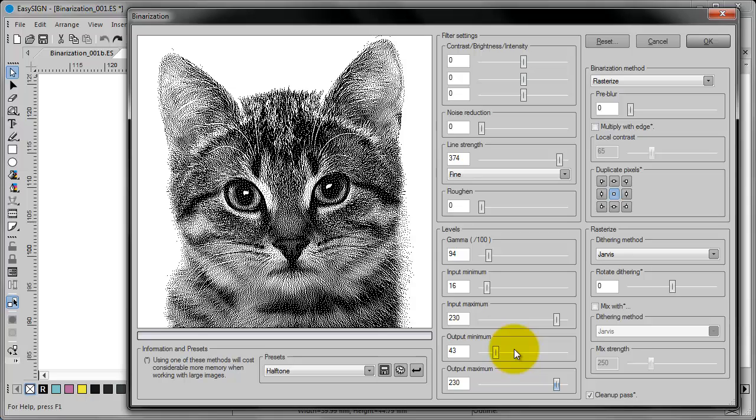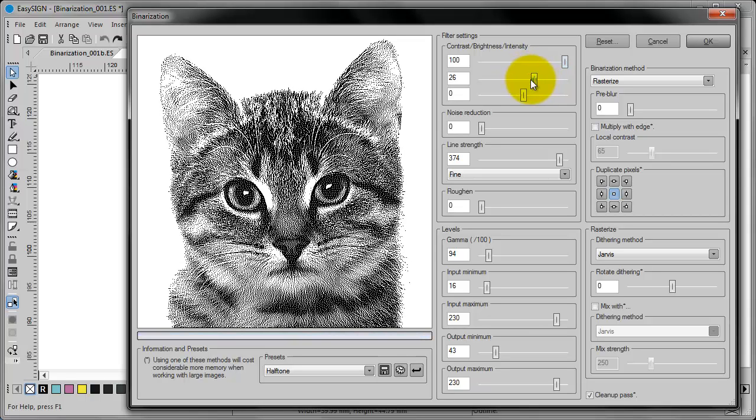The best thing about the EasyShine binarization is you don't even have to know what every setting does. Just fiddle around with the sliders till the result looks good. This means a zero learning curve. I think the last thing we have to do is change the contrast and brightness. Let's crank up the contrast and a little brightness. This will do. I think this will do just fine. Now we press OK.